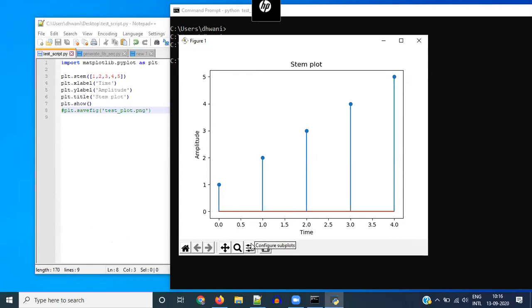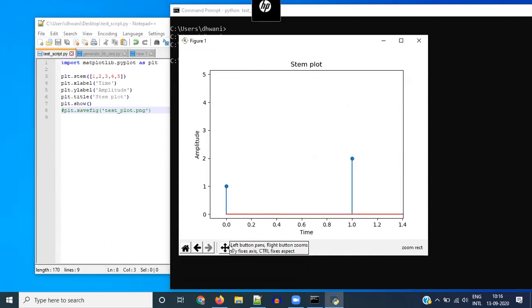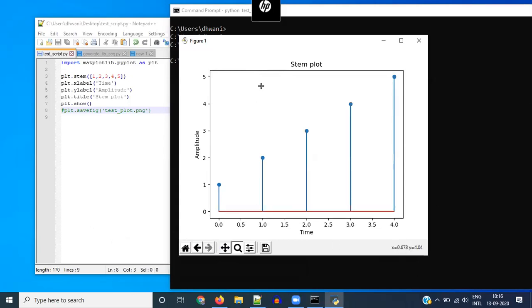But before that, you can also make some adjustments. So for example, if you want to zoom into a portion and only save that, then you can click on this magnifying glass symbol and then just drag and drop. If you want to go back to the previous view or the original view that the plot started up in, then you can just click on this home button. It'll take you back to how it was.